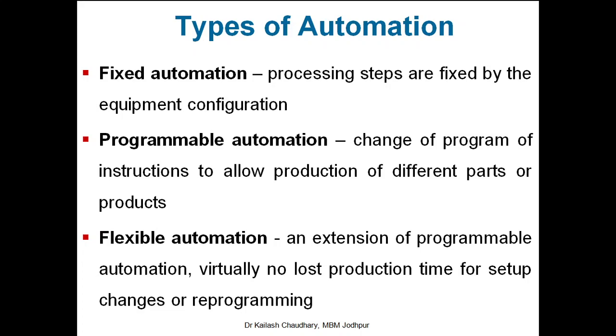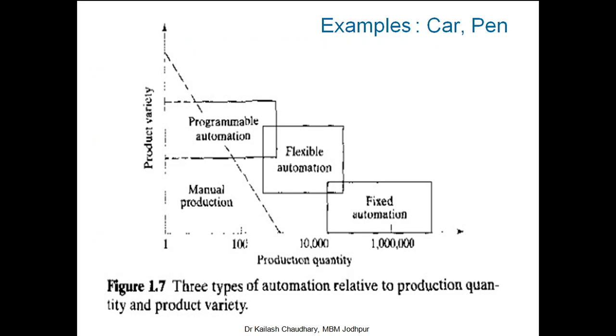you have the facility that you can change, you can reprogram the complete setup. You can make major changes in the manufacturing system according to the custom engineered products. So in that case, where the variety is more and production is less, you go for flexible automation. We can now get a clear idea on this.